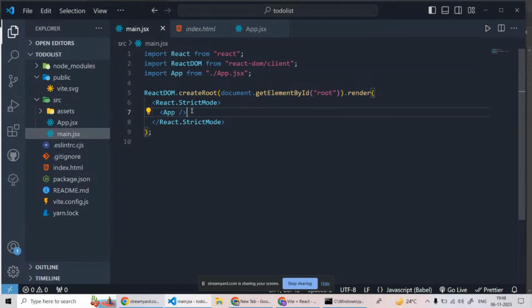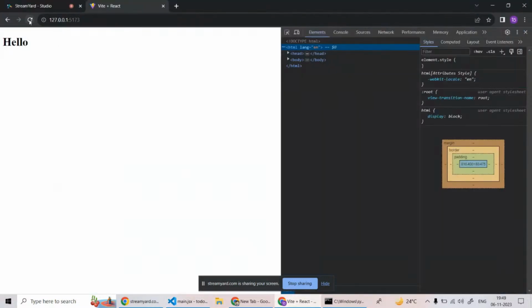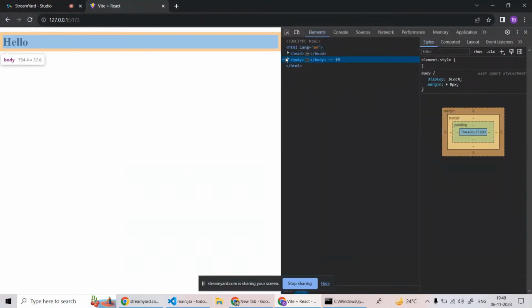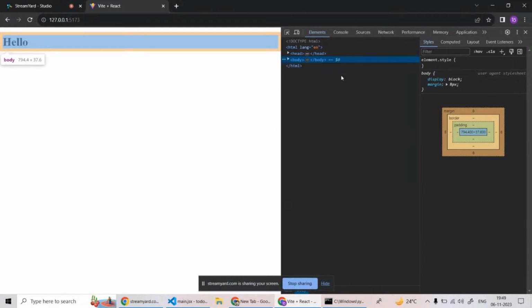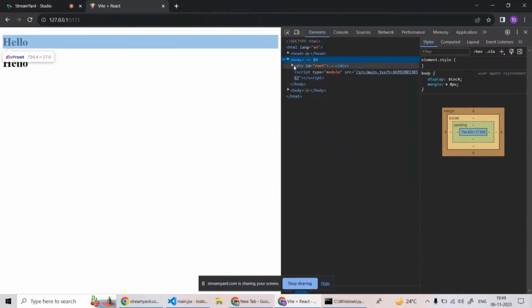Very simple. Correct. And now if I just go and remove this React.StrictMode, I think that will not cause us any kind of error. It will still work. But still, if you just see in the body, oh, sorry, what we are having